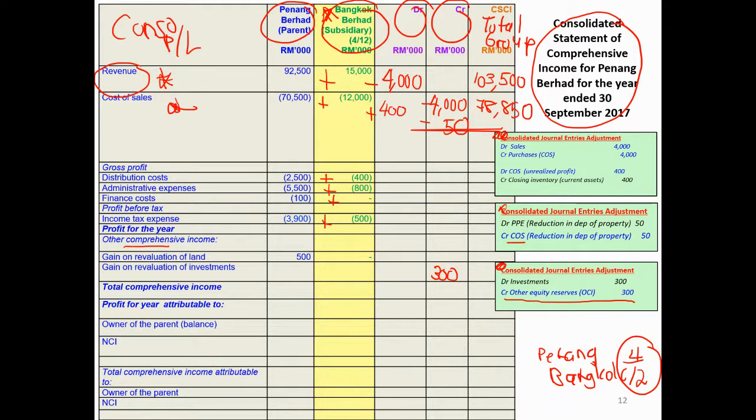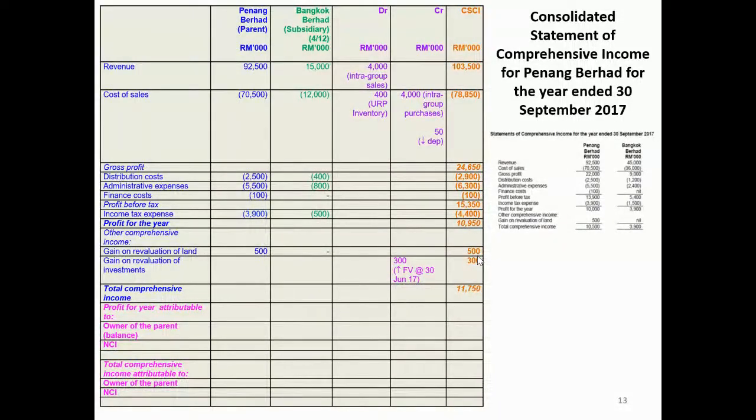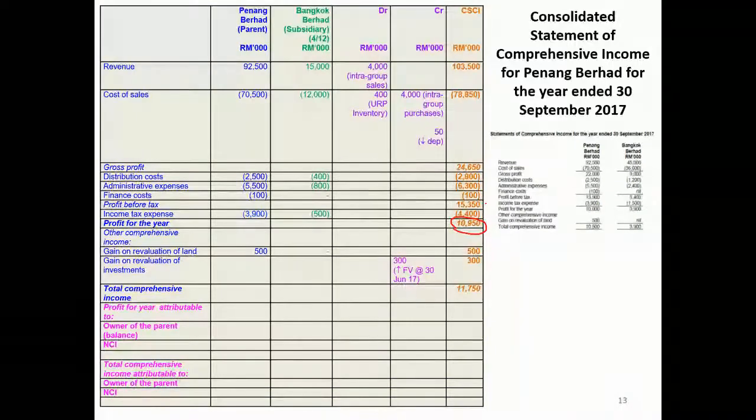Okay, students. So far so good. Let me show you the answers here. So this one, the debit credit, I have shown you. Now this is the final answer if you add line by line. Okay, so you can see here my profit for the year for the group is 10950, and then in my